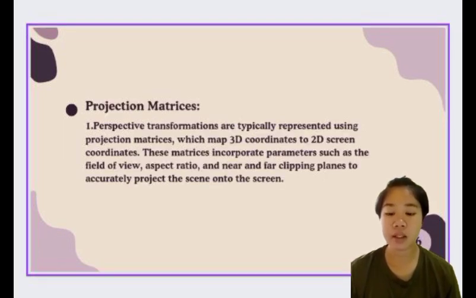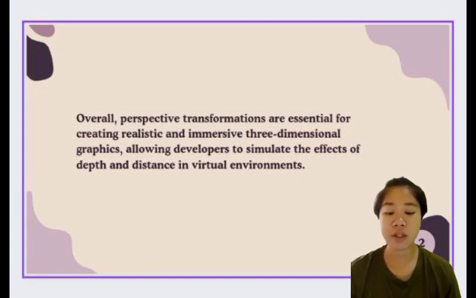Projection matrices. Perspective transformations are typically represented using projection matrices, which map 3D coordinates to 2D screen coordinates. These matrices incorporate parameters such as the field of view, aspect ratio, and near and far clipping planes to accurately project the scene onto the screen. Overall, perspective transformations are essential for creating realistic and immersive three-dimensional graphics, allowing developers to simulate the effects of depth